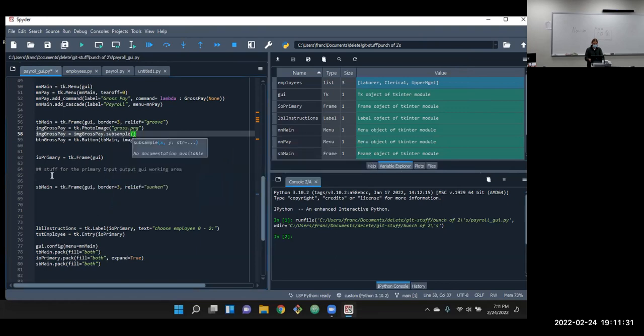Subsample is what we use to make it smaller. So we want to subsample this image, and then the number we pass in there, we divide by. So if you have a big image and want to make it smaller, you'll put a whole number in there so we can divide by it. But if you have a small image and want to make it bigger, put a fractional number in there, a fraction or a floating point number, something less than 1, so that when we divide by that fraction, our image gets bigger. So subsample divides by a number.